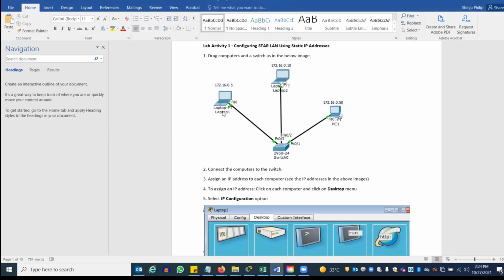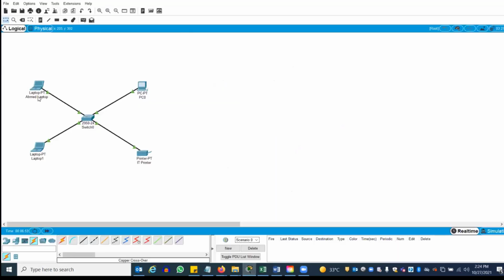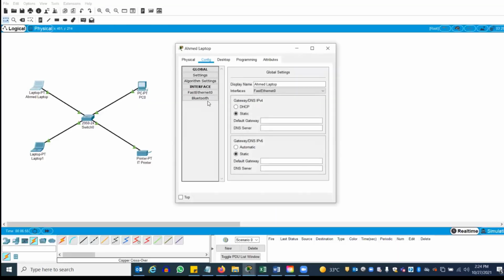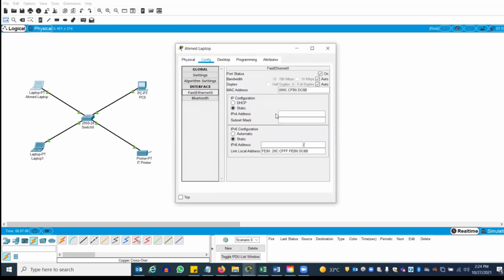Okay, sorry guys. So you see this, I'm going to assign IP address 172.16.0.5. I can put 6, 7, it's up to you. In this example, after 5, they skip to 10. So let's not make it like that. Let's make it simple. Let's make it static. Static or DHCP, you tell me. Yes, static, right? That's it.